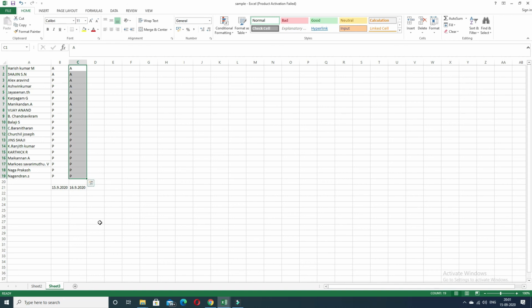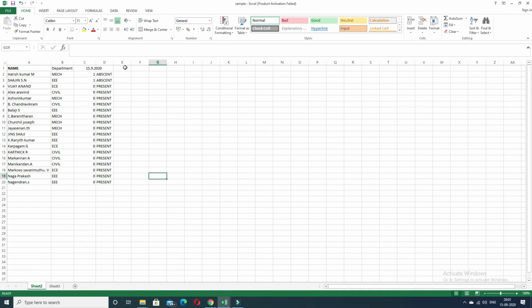The only thing we have to create is the next day's date, 16 9 2020. I'm just copy pasting the same formula. For this formula, I have to make small corrections in order to get the details for the next date.